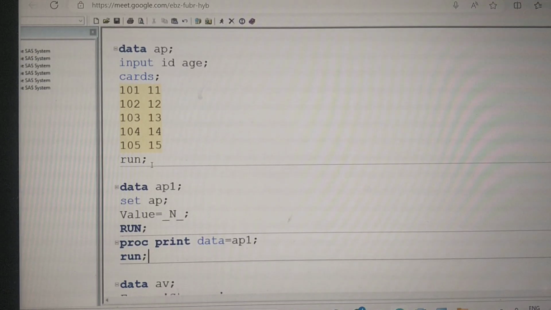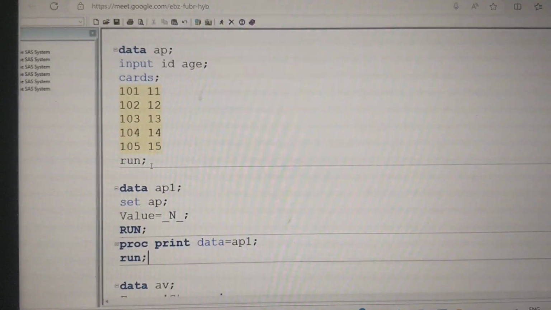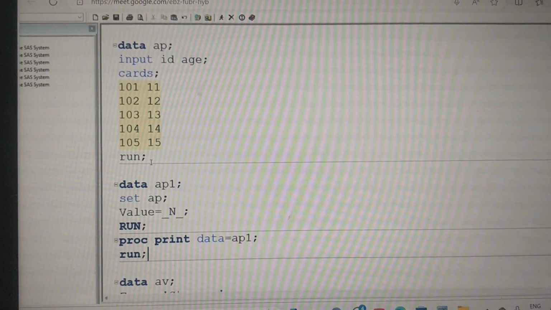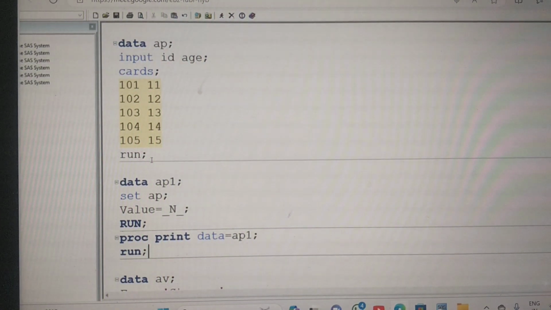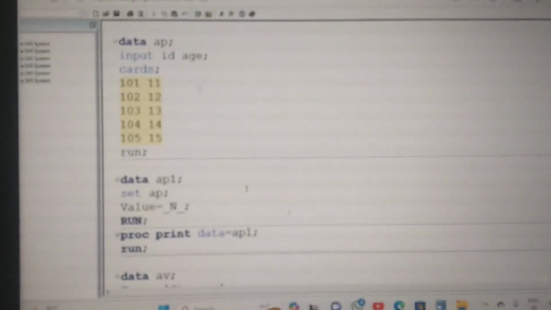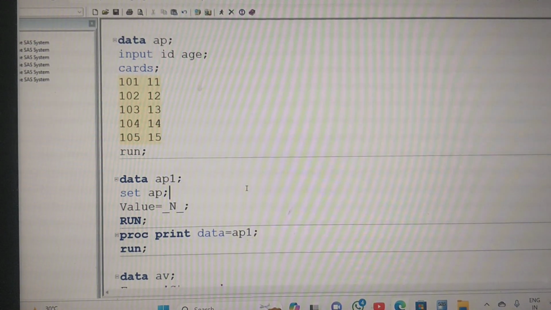What is that column name here? Anybody? What is the value? Value. So what are the values? We can see it in my output window. Value is a new column. Instead of 1, 2, 3, 4, 1, 2, 3, 4, 5. What is the meaning of underscore n underscore here? To specify the